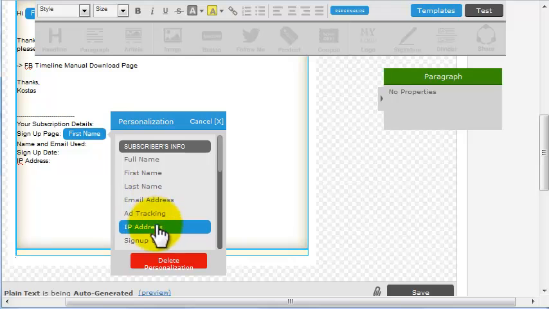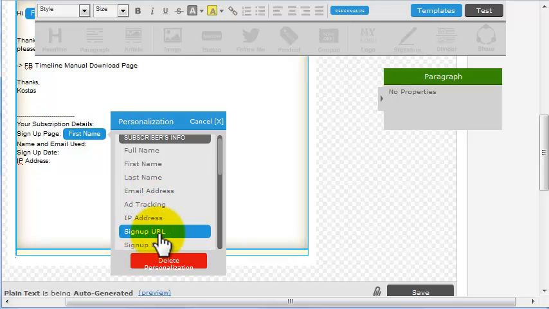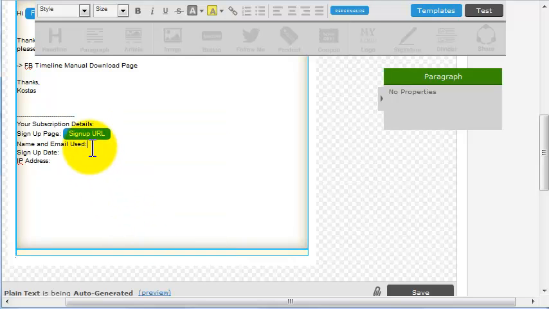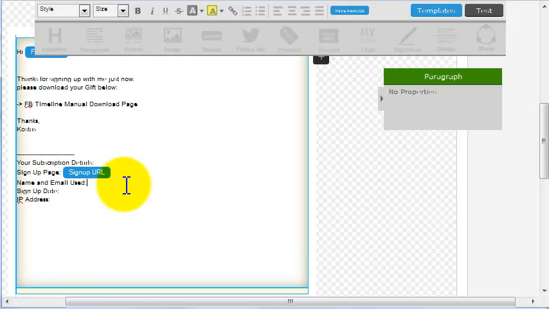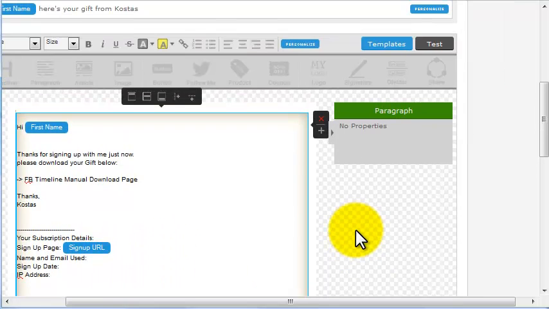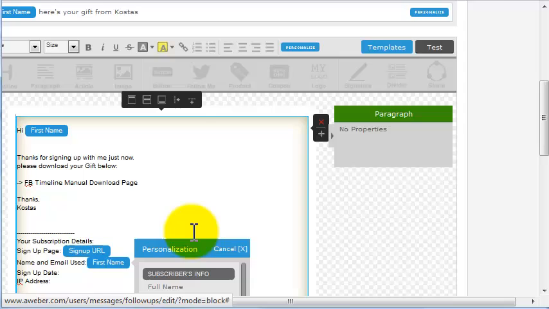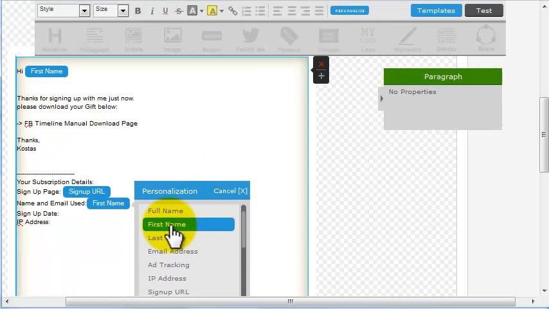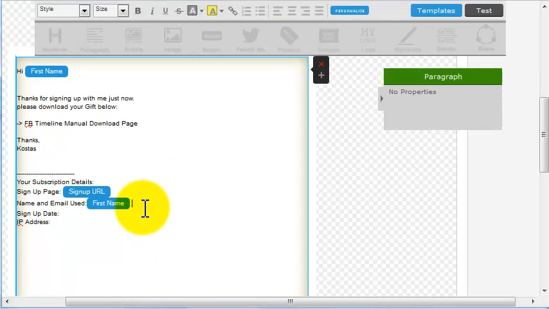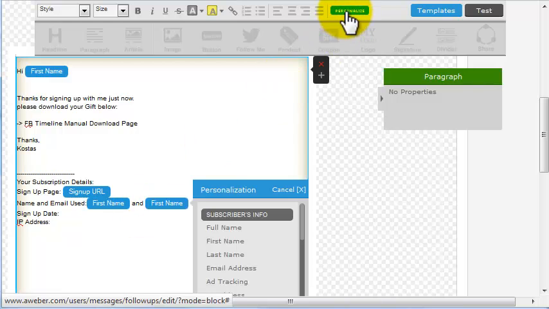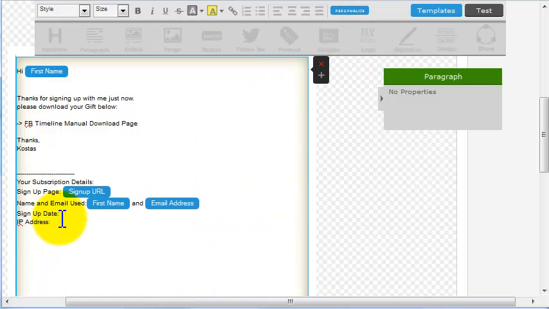So what you need to do is select the sign up URL, and then underneath it says name and email used. You will put two of these auto personalization codes. Again, just go up a little bit so you can see the personalization button, and then scroll down, put first name here, and now you want to put the email address. Alright, and the sign up date,